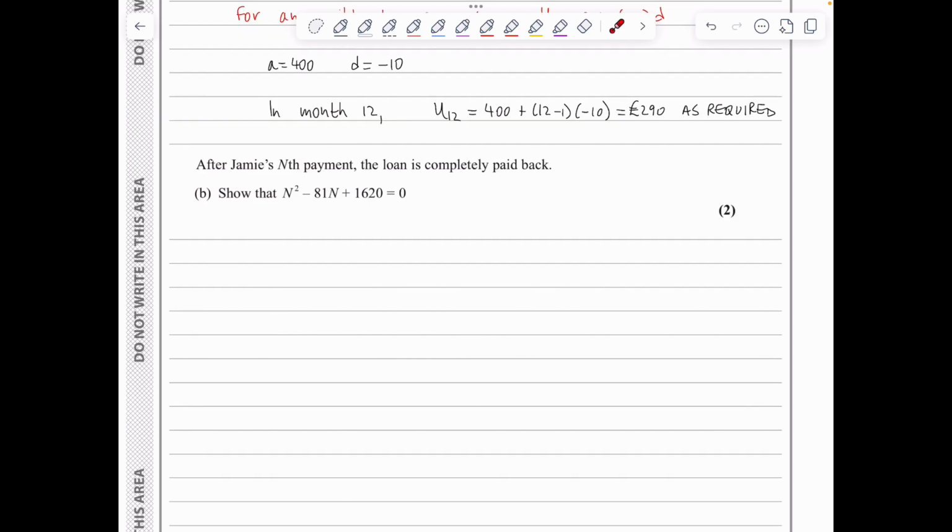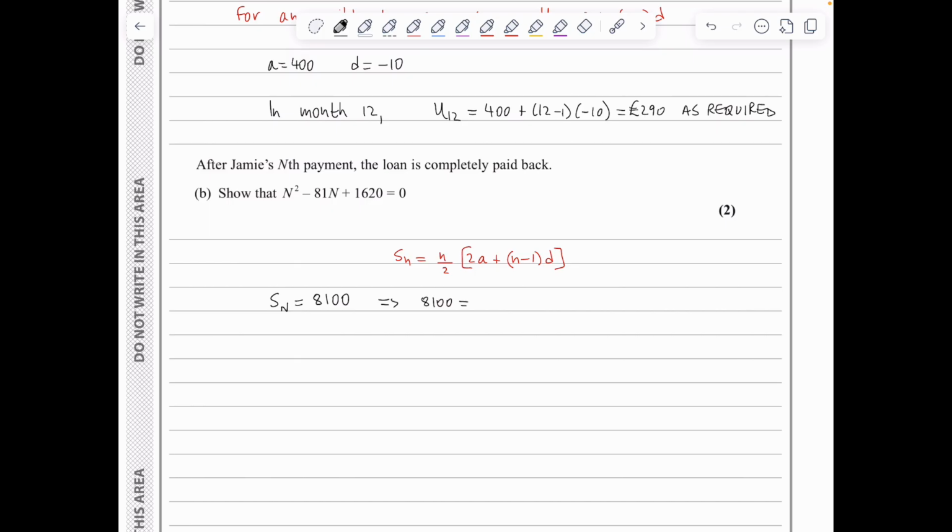Now after Jamie's nth payment, the loan is completely paid back, and we need to show that this leads to n squared minus 81n plus 1620 is equal to 0. Well, we know that for an arithmetic sequence, the sum of the first n terms is given by n over 2 times (2a plus (n minus 1)d). Well, we have just been told that S_N is equal to 8,100 because we are fully repaying the loan, which means that we've got